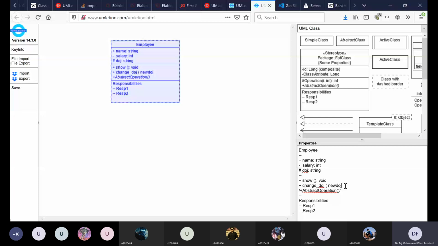Yeah. So this is it, and then if this function is virtual, then we write it in italic. If you see, it has been preceded and succeeded by a slash. So this will make the text appear as italics. So virtual functions are represented in italics. And this thing, responsibilities, etc., we do not need them. So this is how our class would look like.